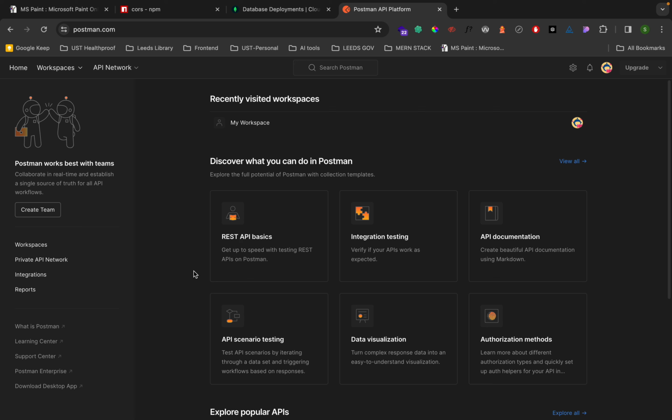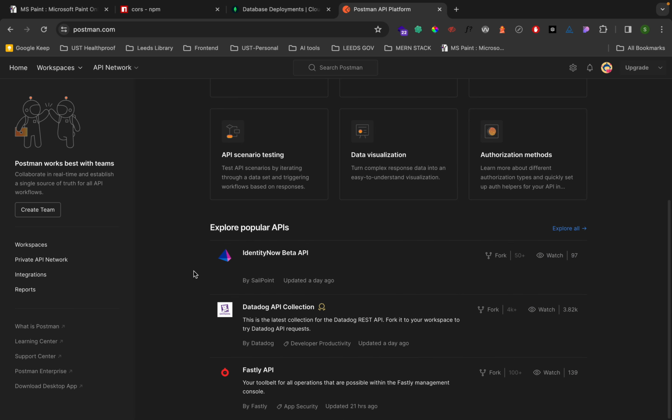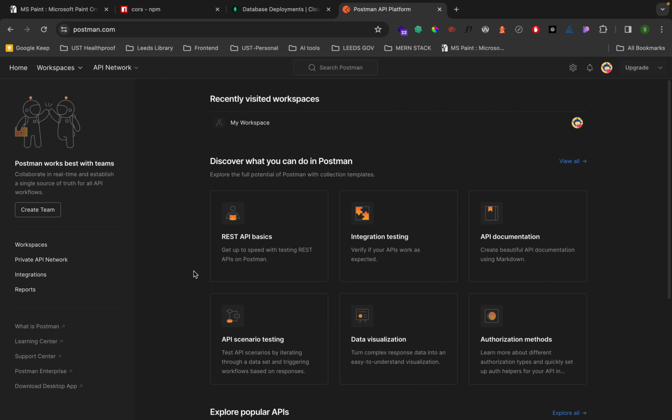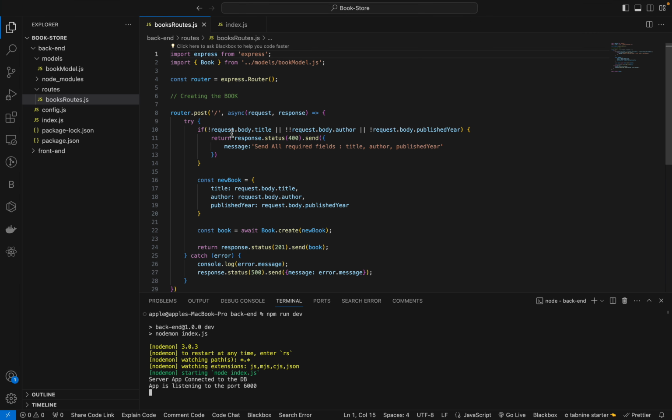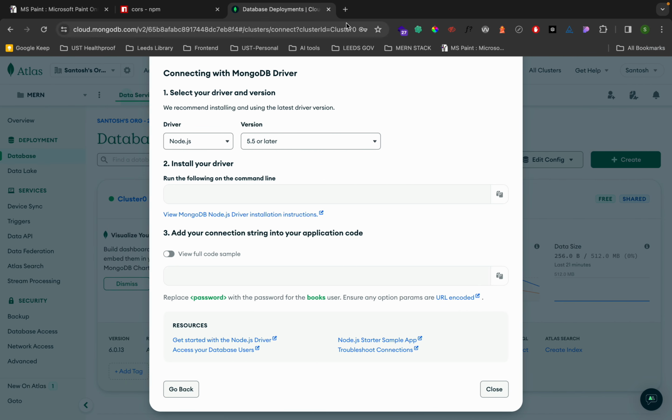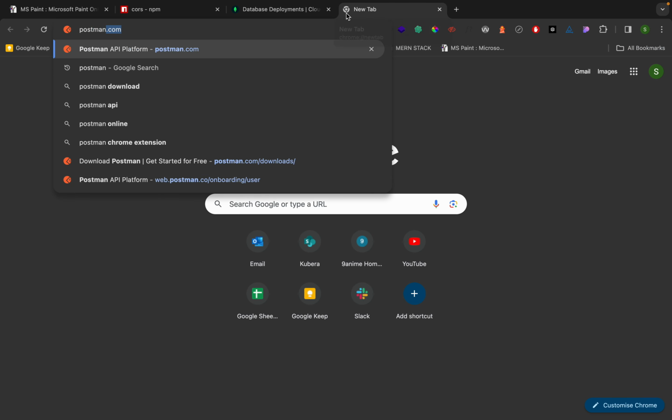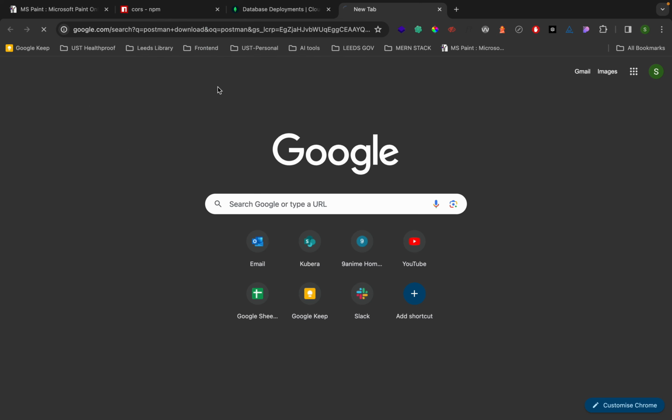How we are doing it, and how we are integrating that, everything we will check in Postman. Means how it is saving in the DB, and how our API, like /post that we are creating, is working, everything. So to create this, I have already downloaded Postman. You can also download it, just search for Postman download. When you click it,